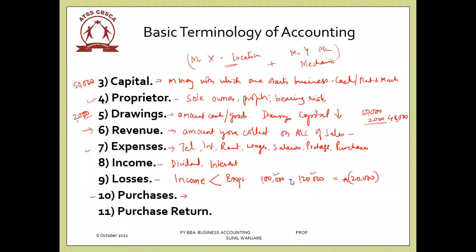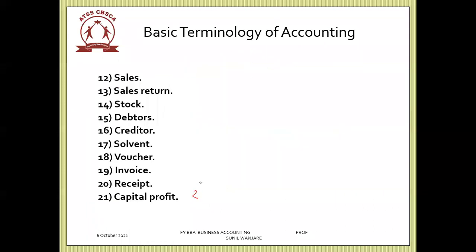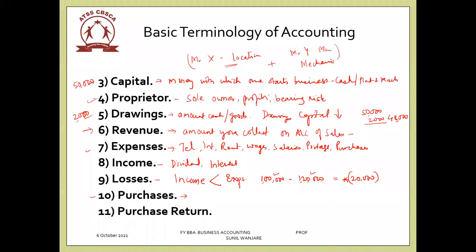So what is purchases? Purchase is the amount we have spent on buying raw material. We have spent the money on buying raw material or other things which are required to manufacture a product. Now we take an example of a Maruti car. In a Maruti car, what are the purchases? The steel, the tires, the battery, the engine, the oil that we require to make a car sellable is purchases.